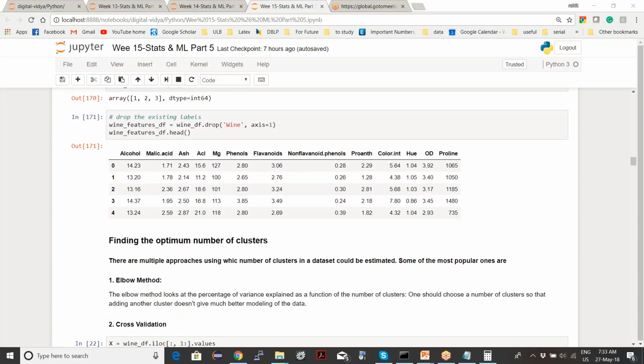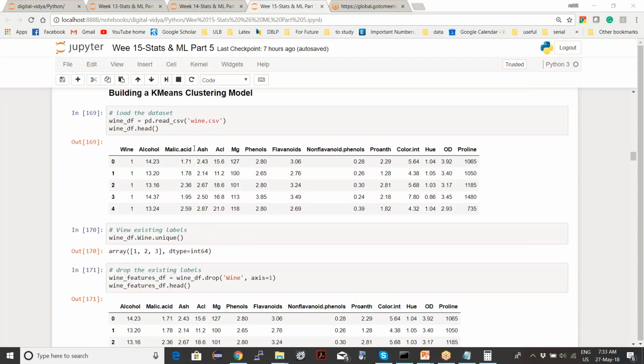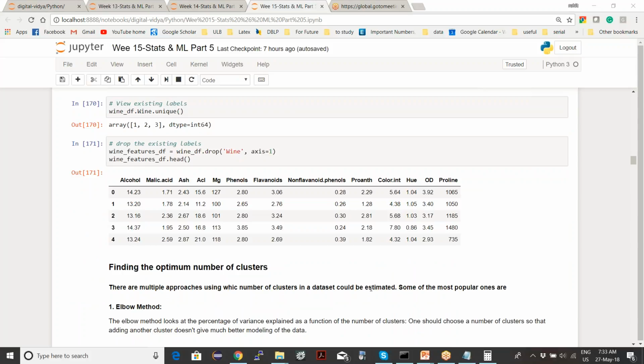So now we are doing the same thing. This is what you get, this is your input data. You have row 0, where for each dimension or each feature you have the values, and you have to assign a group to it. We already had this assignment, but we have dropped it because it's unsupervised learning, and we do it ourselves. We try to group these wines into different groups. So is the question clear, what we do in unsupervised learning? You get the feature vector, and you have to specify the neighbor, which class it belongs to.